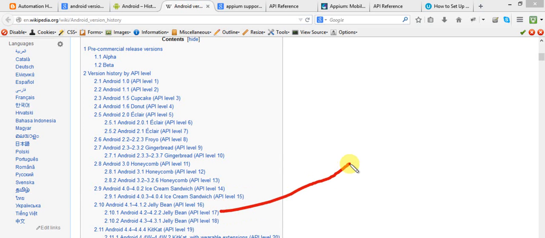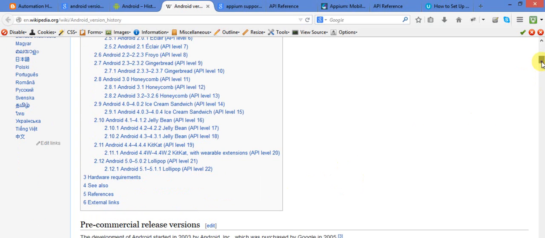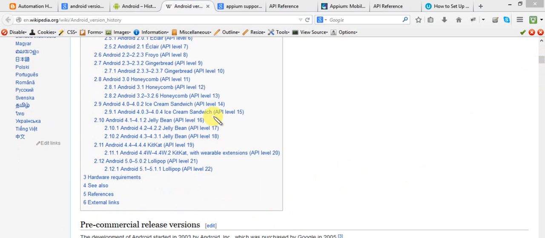API level 17. Here is API level 17. Okay. From API level 17 to whatever the latest version you have, 5.1, and tomorrow there will be 6.0